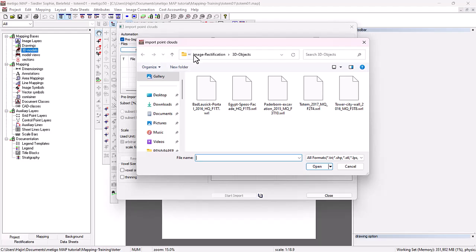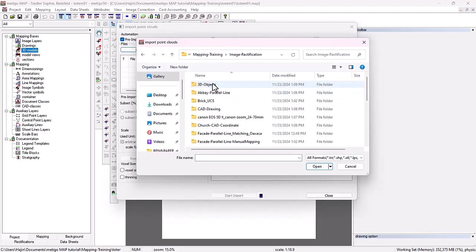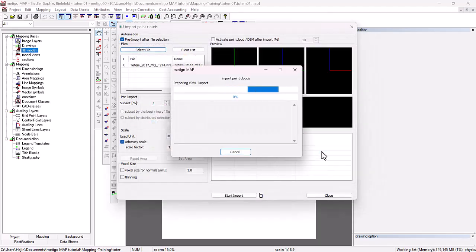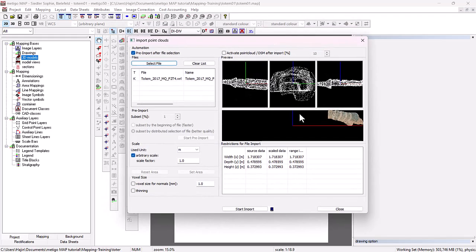In the folder Mapping Training Image Rectification, we can find the folder 3D Objects and in there the totem example, which we select. Now a pre-import takes place where the dimensions of the object are displayed. That means I now see a small preview here in the dialog where 1% of the points have been loaded to show me how big this object is in terms of width,